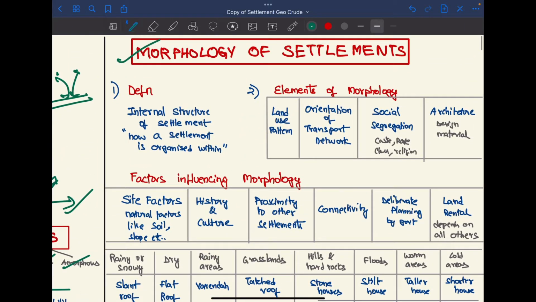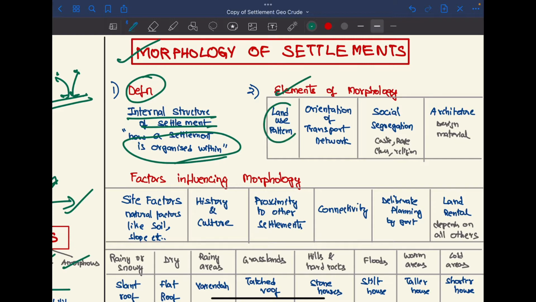Next, we have morphology of settlements. What is morphology? It is the internal structure of a settlement. That is, how a settlement is organized within. So the elements are the land use pattern, orientation of the transport network, social segregation on basis of caste, race, religion and class, and architecture, what design is used